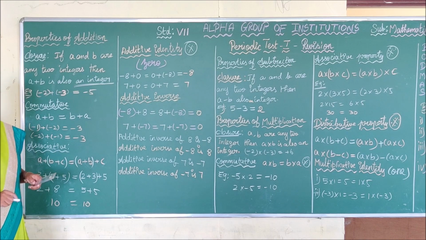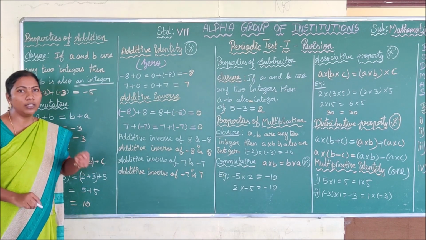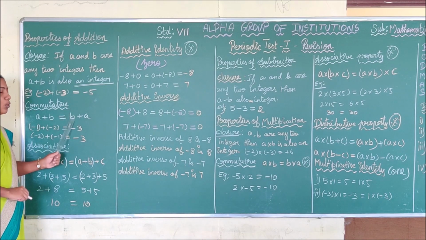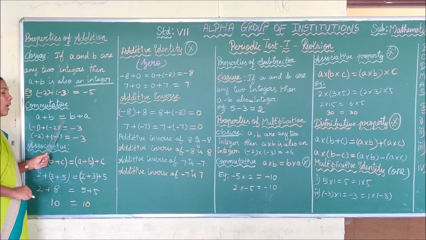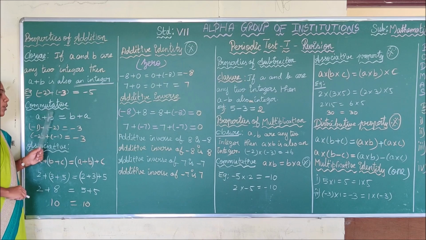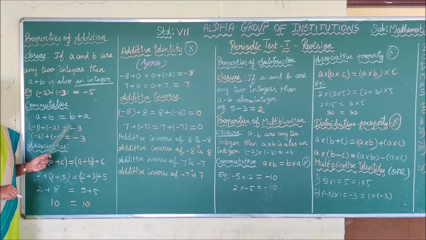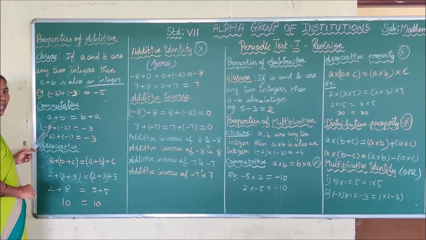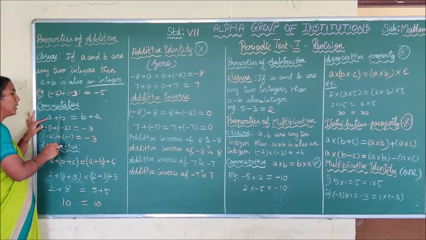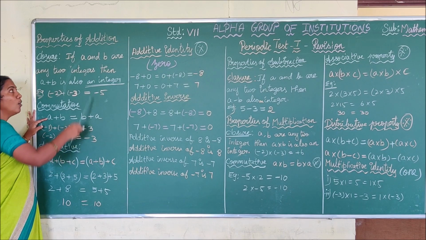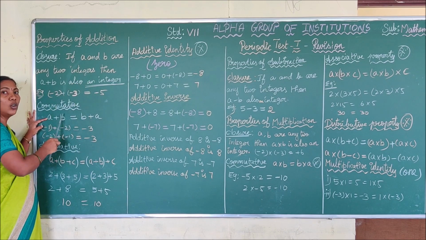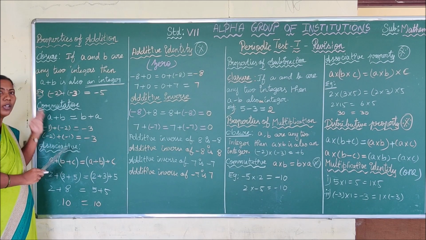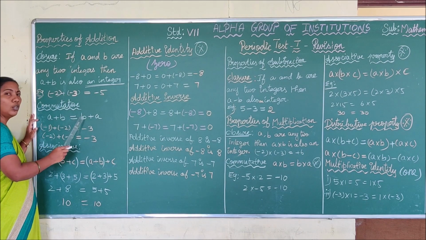Next we are going to see commutative property. I have already given a live example, that is milk with sugar or sugar with milk. Commutative property means that a plus b is equal to b plus a. This is for addition we are giving. This is commutative property for addition. For commutative property of multiplication, here you have to replace the plus symbol by multiplication. Okay, a plus b equal to b plus a. For the operation addition, integers hold this commutative property. Okay, so commutative property is true for addition. A plus b equal to b plus a.